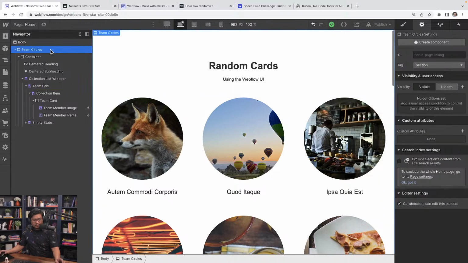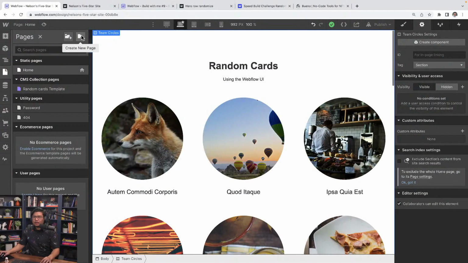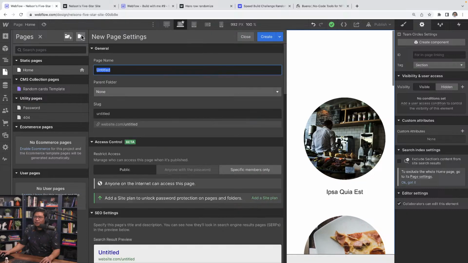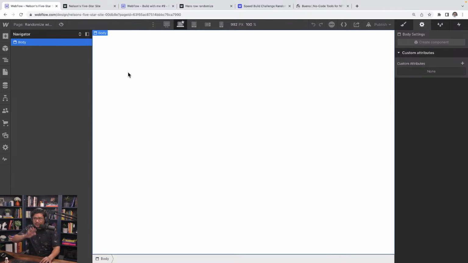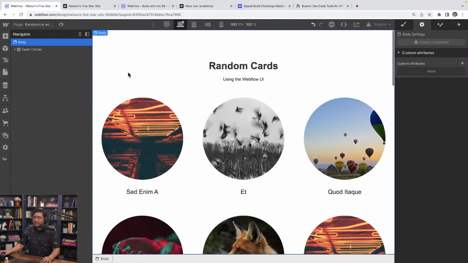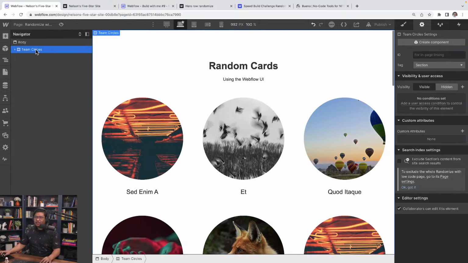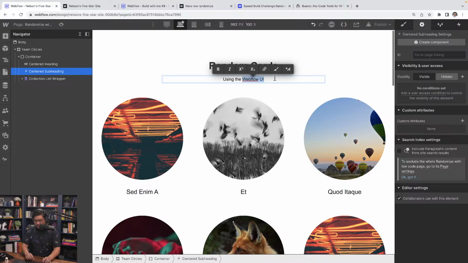So already on our next step, adding low code to this. Let's go back to my screen. We're going to add low code. Let's go ahead and create a new page and call this Randomize with low code. What I did was I copied that whole section, the team circles, and now I'm pasting it on this new page. And I'm going to change this using